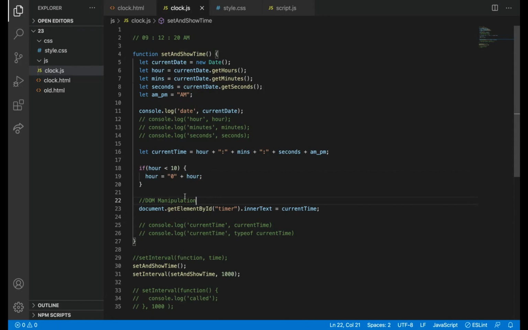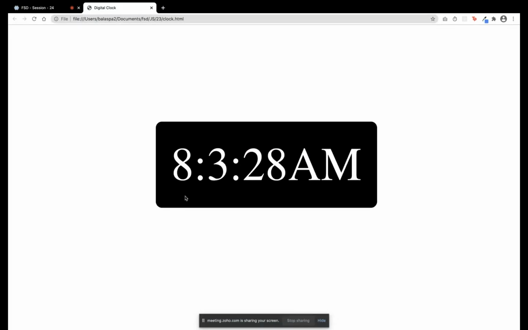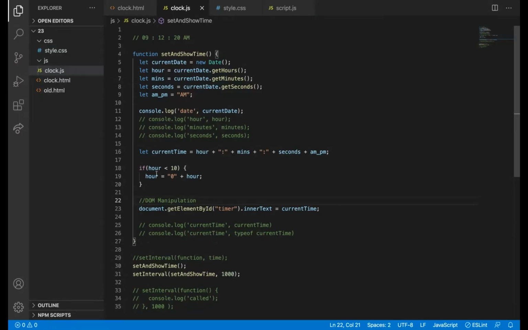But we have not written that logic yet. But now we have just added 0 here. If hour is less than 10, hour is equal to 0 plus hour.